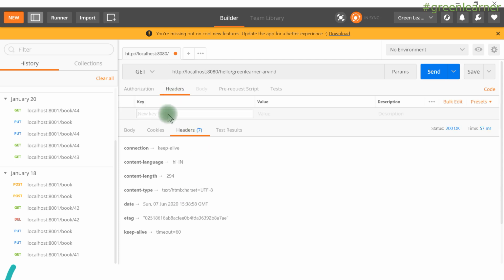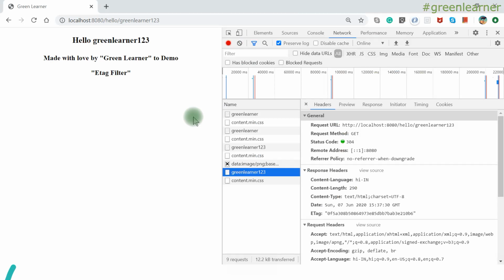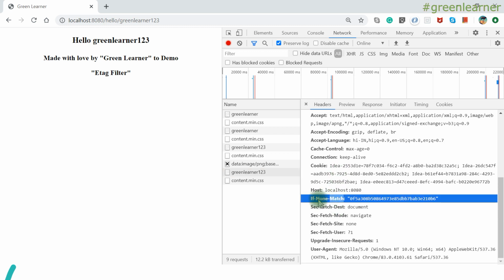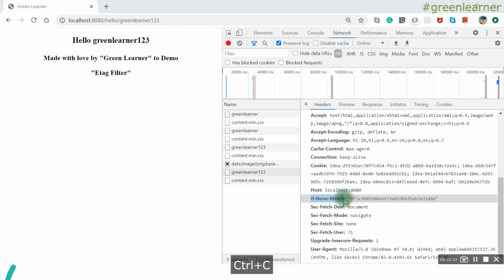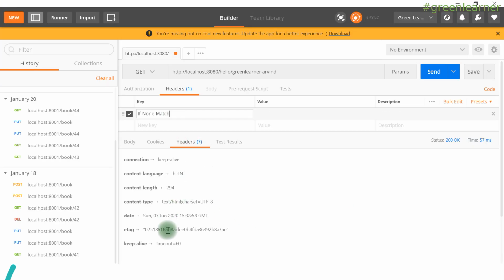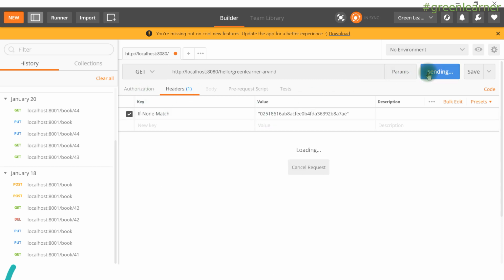So let's come here and prepare that E tag that it was sending. So copy this one, if none match here, and copy this content, the entire content here, and paste it under value, right? And now we are going to send it again.